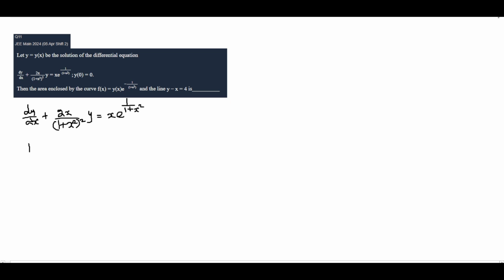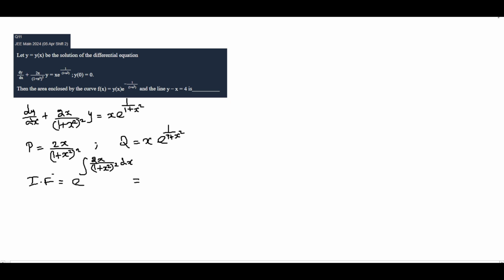Here p equals 2x by (1 plus x square) whole square and q equals x into e power 1 by 1 plus x square. So the integrating factor is e power integral of 2x by (1 plus x square) whole square into dx,